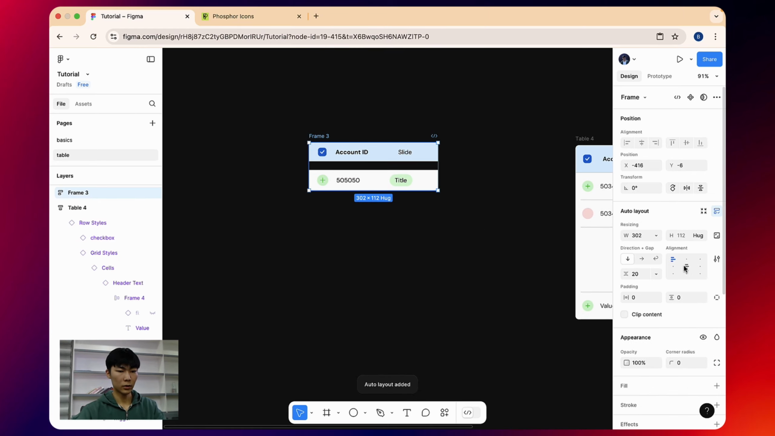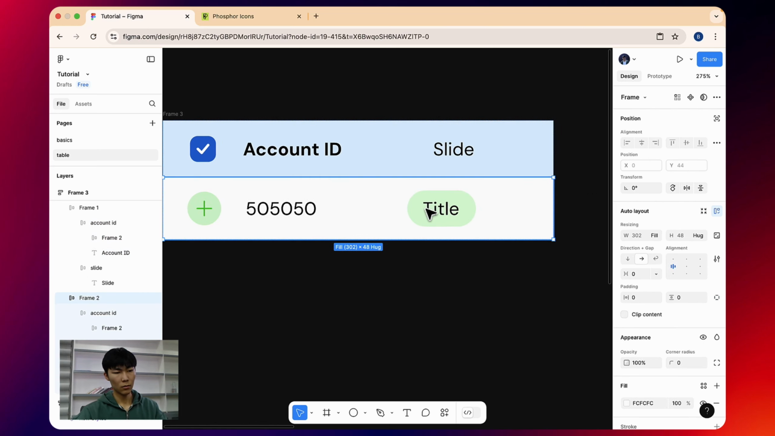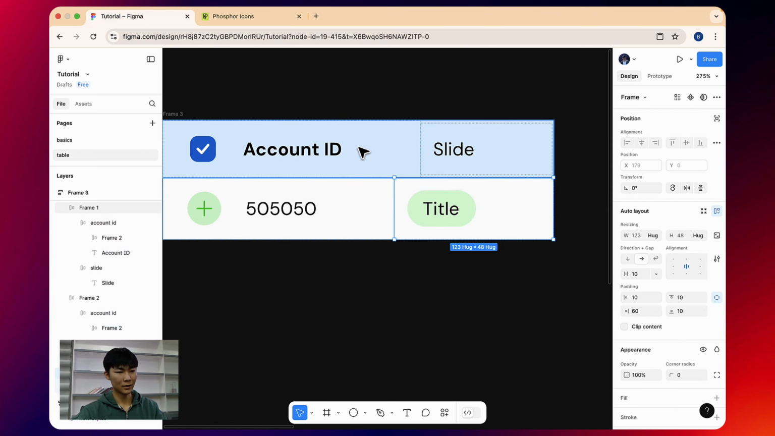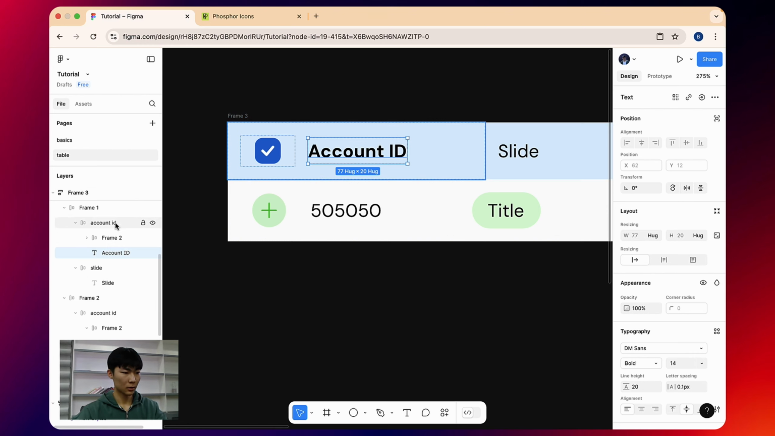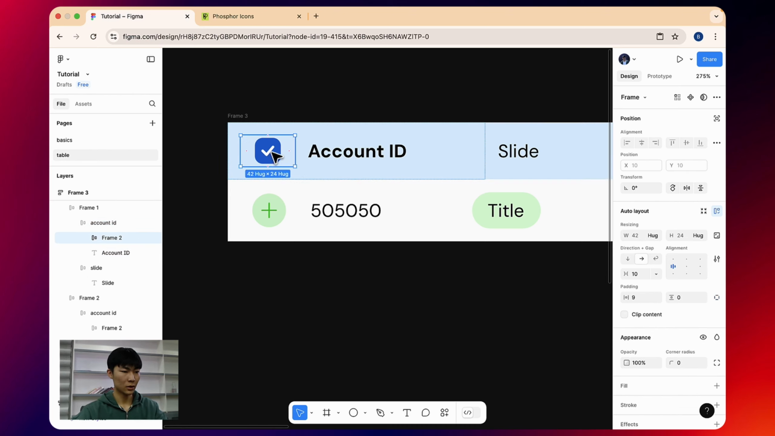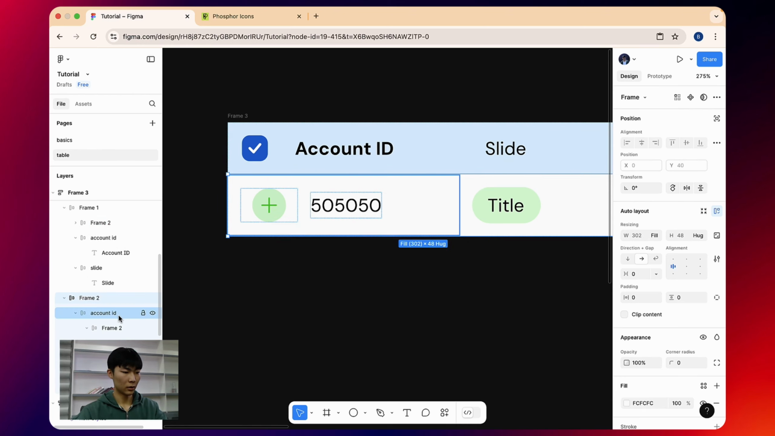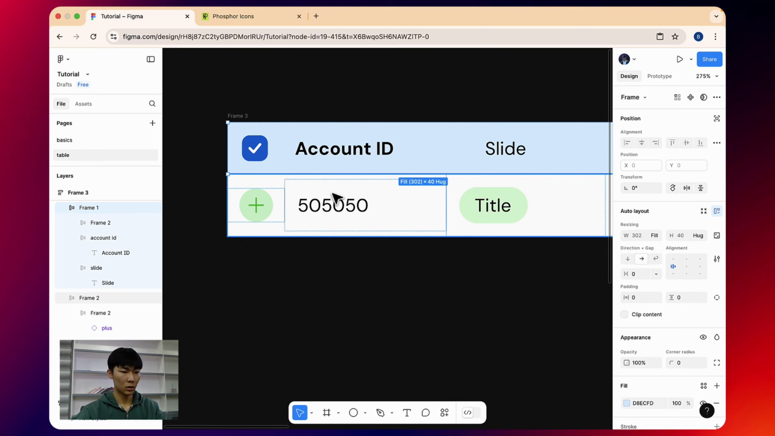Let me add another layout, and let's remove this one. I think from here we can see a problem. So it's not aligned. So how to fix that? What I'm gonna do is focus on this ID, account ID. I think we made a mistake because it shouldn't be in account ID, it should be here. And for this one as well, this one must be here, and this account